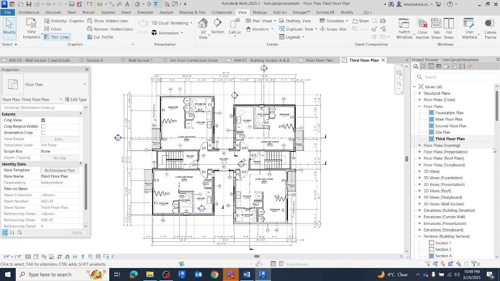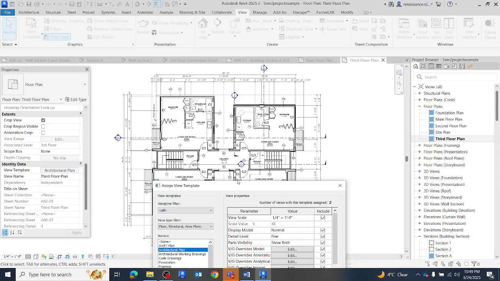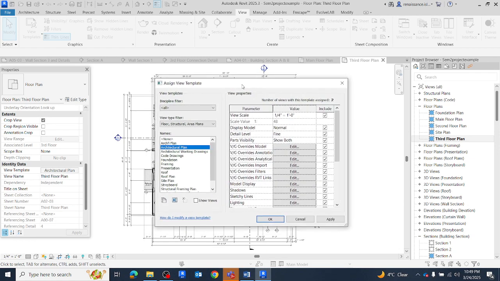And if you want to bring any drawings under that template, you just select or open that drawing and go here under the properties view template and select that template. So it will automatically change. For example, now I have this floor plan, which is my working drawings, of course. But if I want to change that into presentation, I just select this one and then OK,